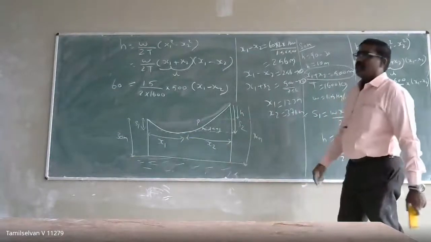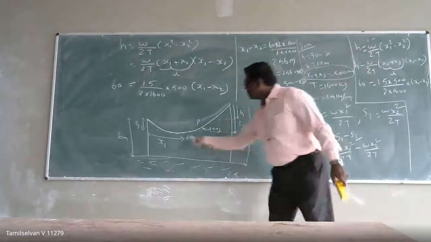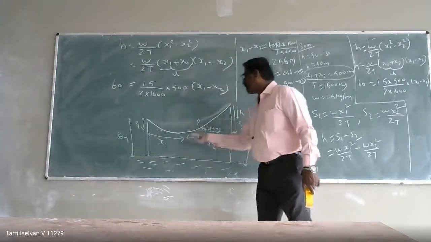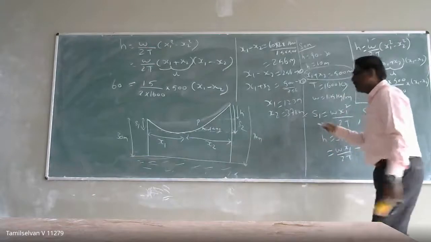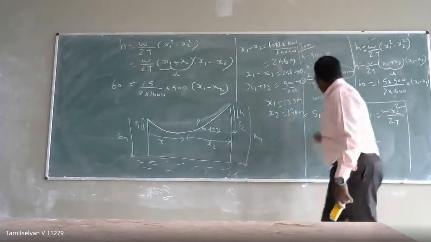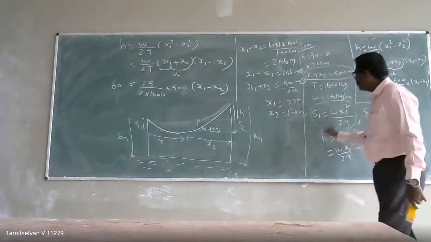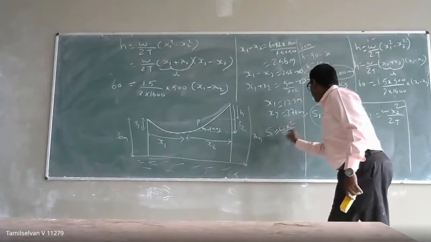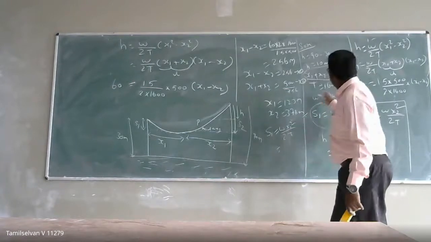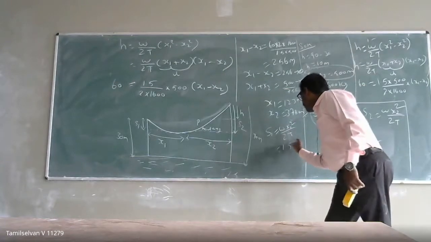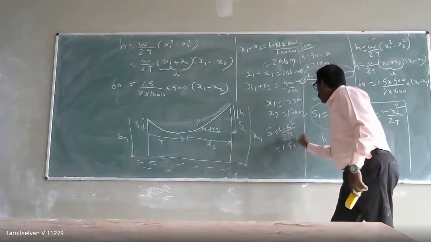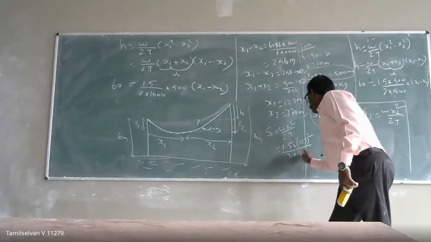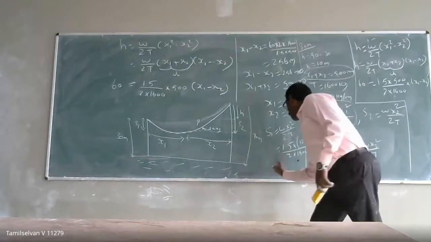Okay. But in the question, they asked to calculate the clearance from the ground, from the water level. So if I have to calculate the sag, I know that S1 is nothing but W into X1 square divided by 2T. The weight I know is 1.5, into X1 123 whole square, divided by 2 into 1600. So I will get my S1.